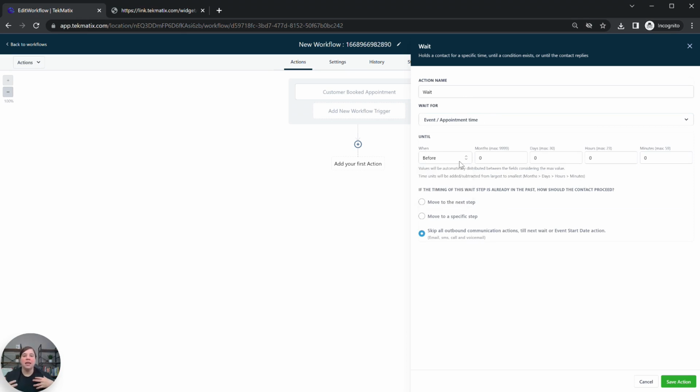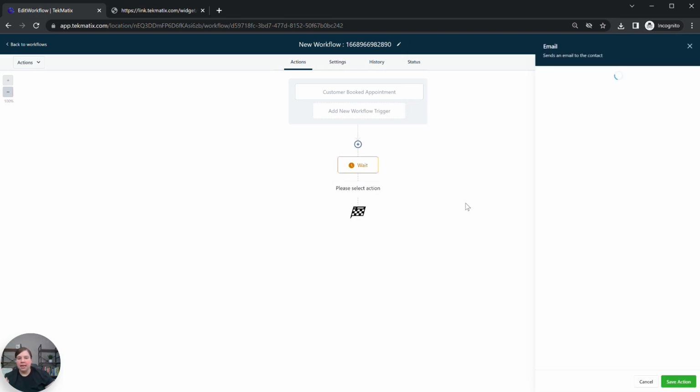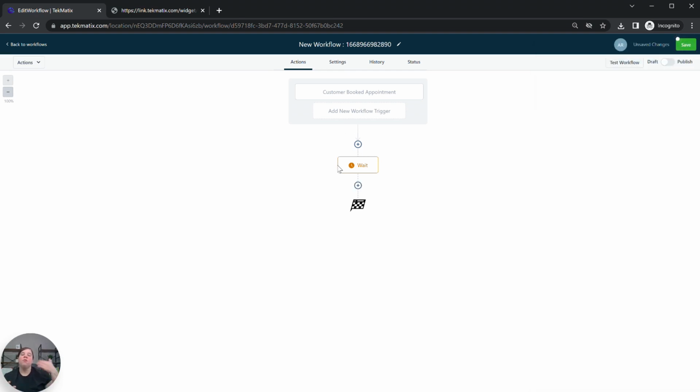So if you want to send them a reminder email, you would do before, and you could do a 15-minute reminder email or a 1-hour reminder email, anything like that. You would just add all of that in. Then you can click save action, and then you could send an email. What that would do is wait until 15 minutes before, and then send the email. So that's something really cool that you can do with this that you can't really do with Calendly,